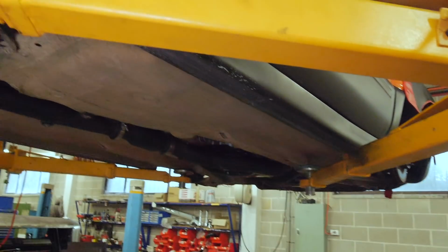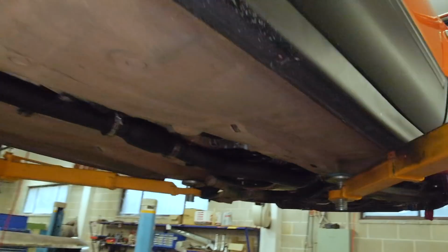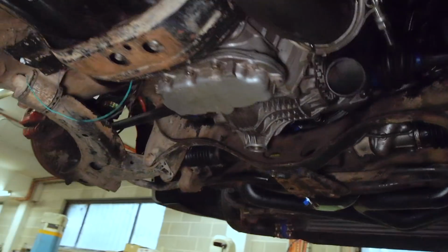So that is the rundown on the exhaust. I'm actually very excited and nervous to hear how this thing sounds. It's been many years since I've heard this running, so